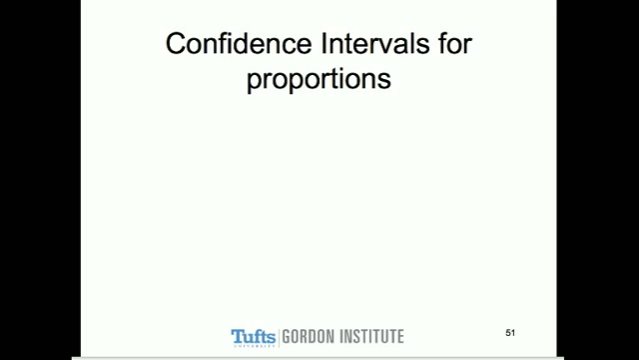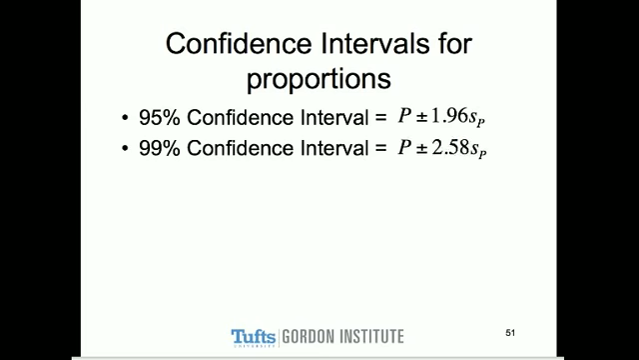Alright, so we've done some for averages, and we're going to talk a little bit about proportions. There will be two general equations. They're not different, but for 95%, and we also want to look at one for 99%. Okay, so for a 95% confidence interval, we take our p-value plus or minus 1.96 times the standard error of the proportion, and if we want to increase our confidence,